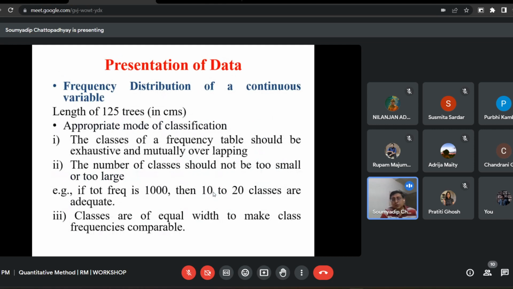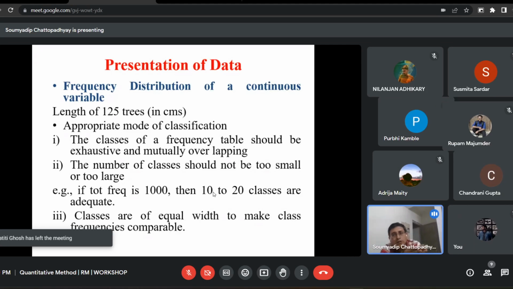That was the case of a discrete variable. Discrete variable means the number of calls cannot be 1.2; it may be 1 or 2 or 3 or 4. That means they are discrete in nature. But there are certain cases where the variable is continuous in nature. If the variable is continuous, then the way of representing the frequency distribution would be a bit different. A typical, very simple example: suppose you are considering 125 people whose heights are recorded in centimeters.